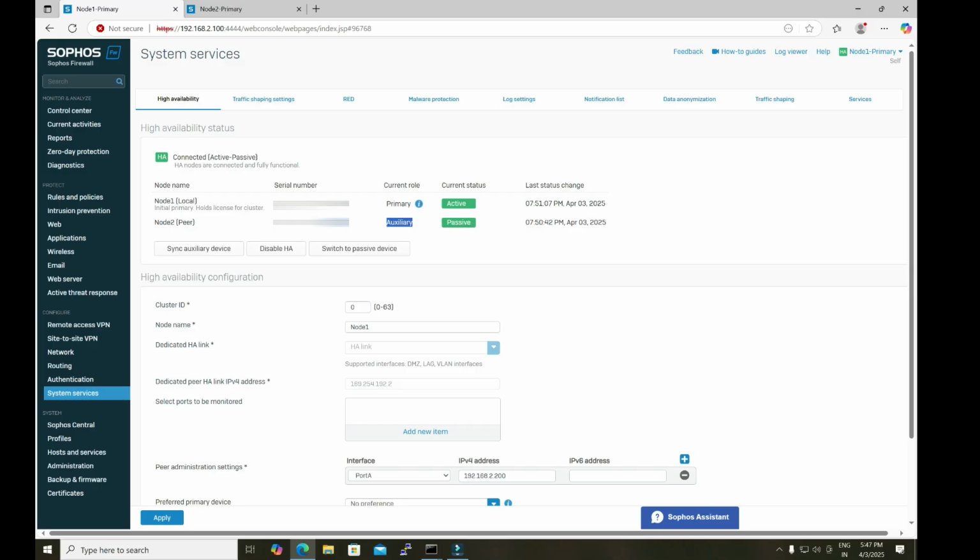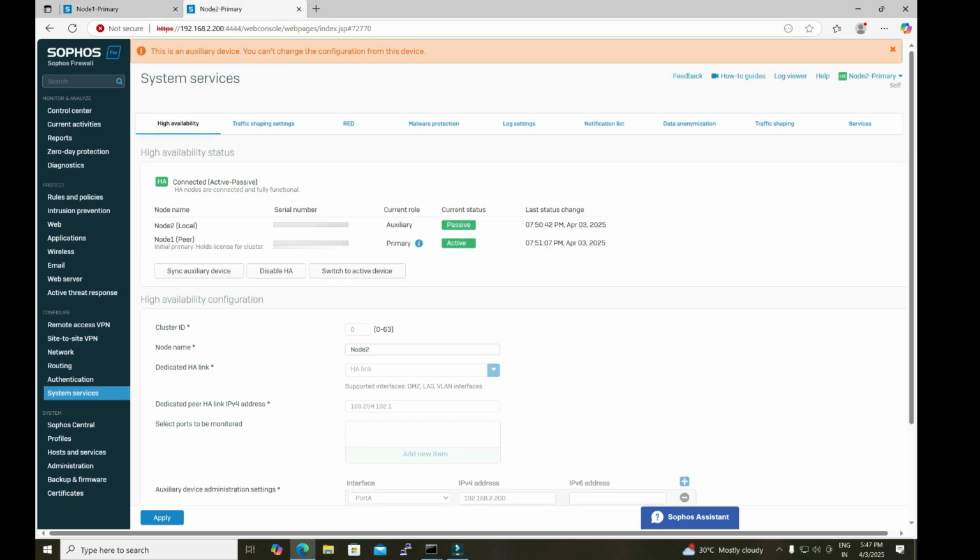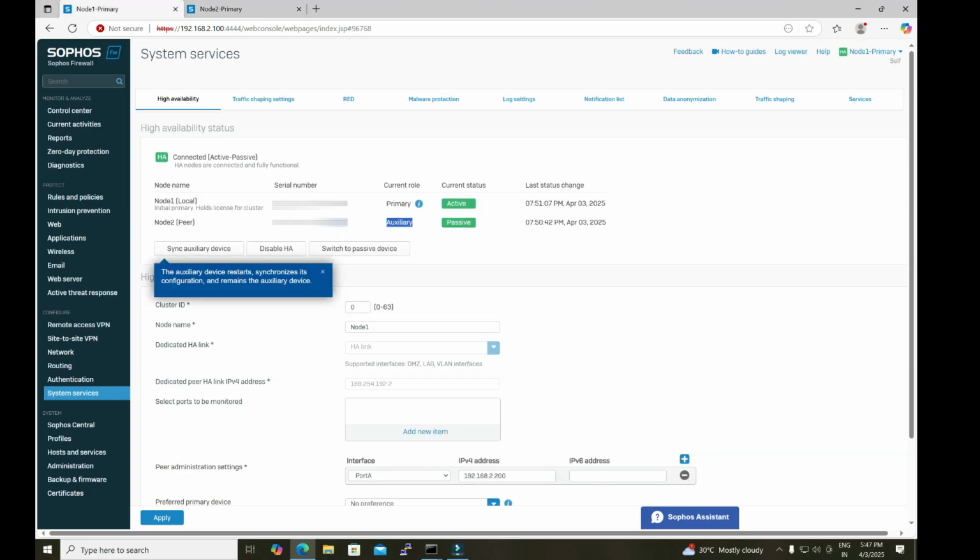So what points do we need to consider before disabling HA? Here you can see that we have two firewalls, and on the primary we are getting three options, one of them being disable HA, and you get the same options on the auxiliary firewall. So the question arises: if we have the same options on both units, from where do we disable the HA? The recommendation is always to disable the HA through the primary firewall, and the reason